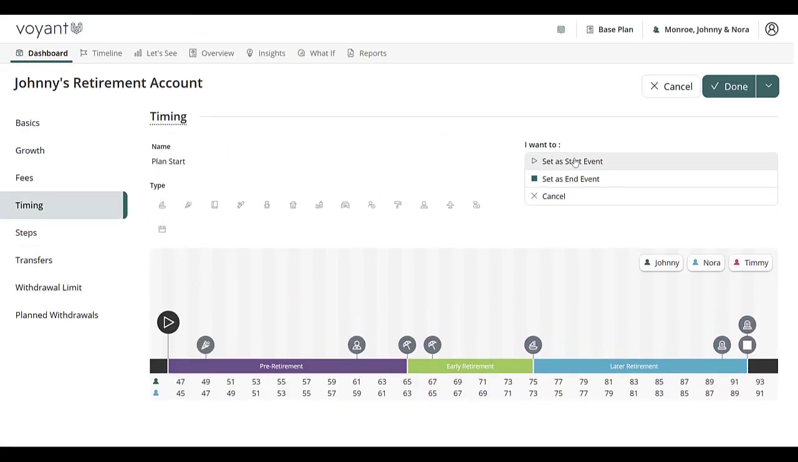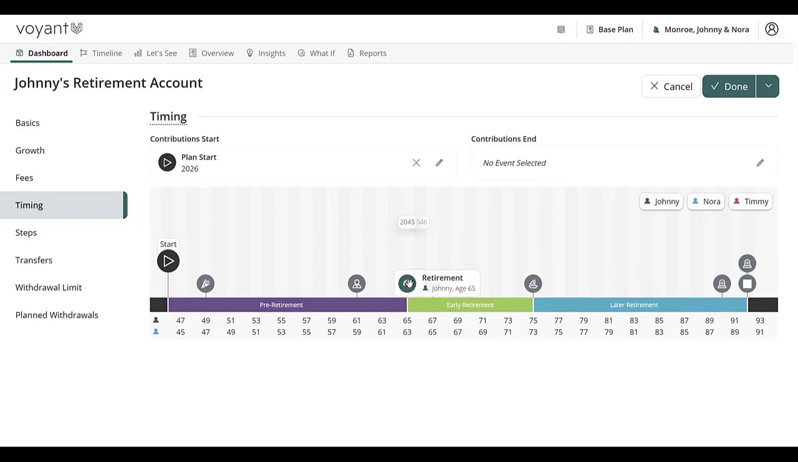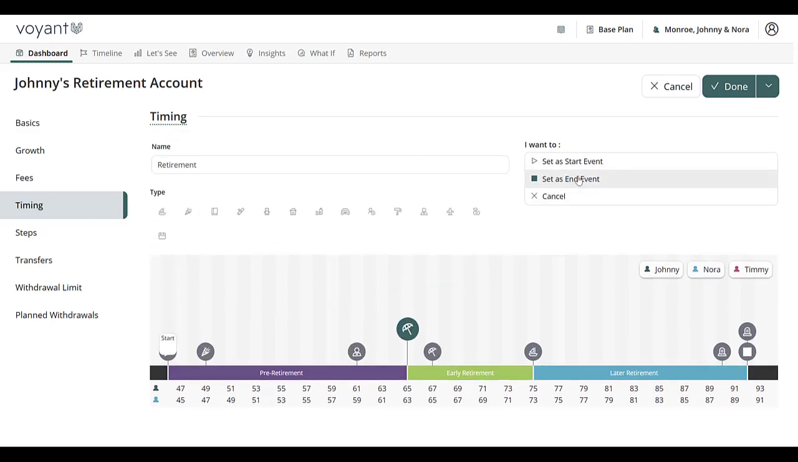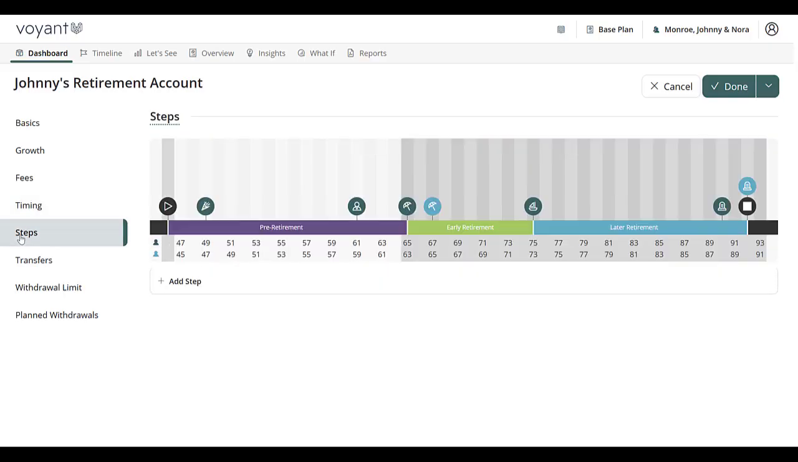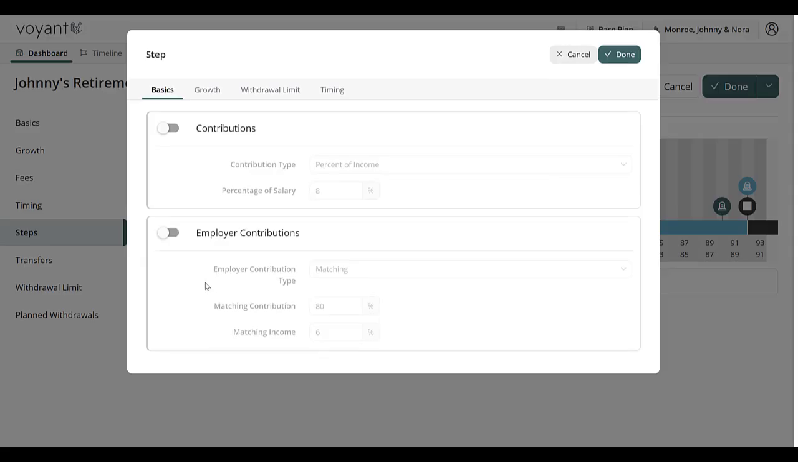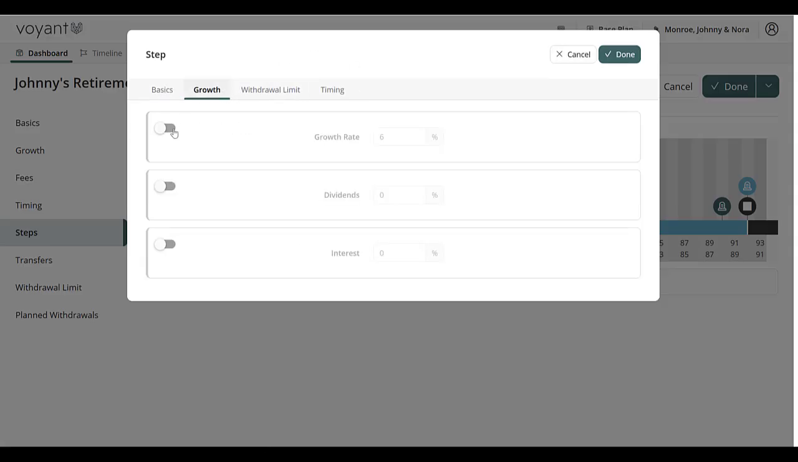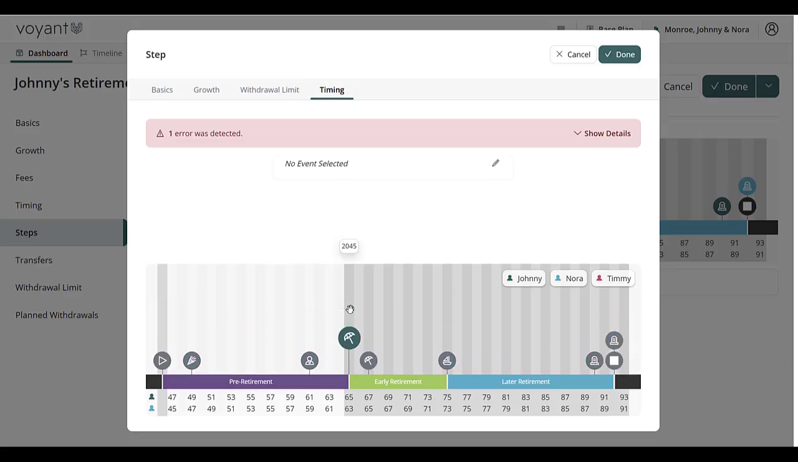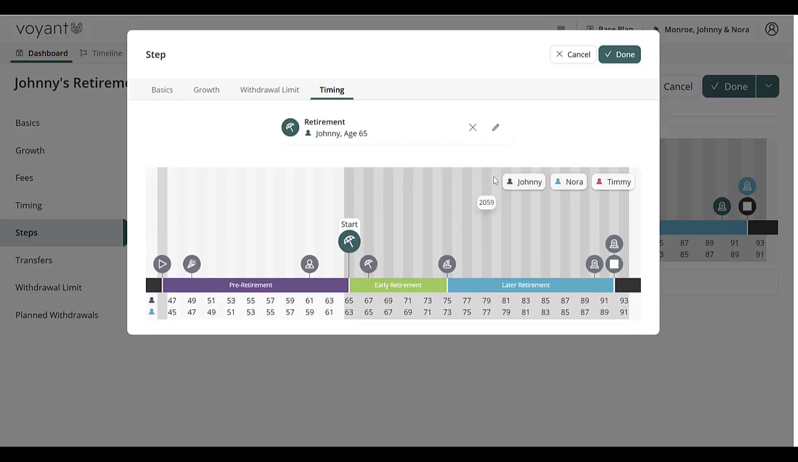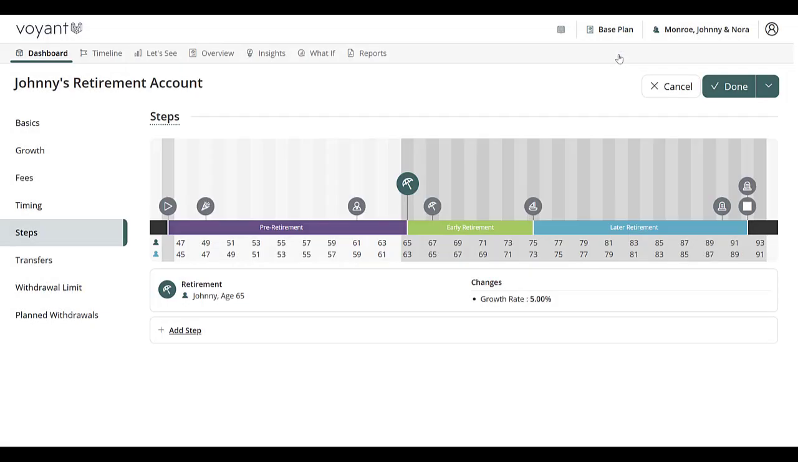I'm going to set again the same start and end dates we did before. And then I also want to build in a step to de-risk this portfolio at a later date. So let's say right now it's growing at 6% and I want to step that down to 5% in the future when Johnny retires. I'm going to click done to save, and then I'm going to save and add another, and